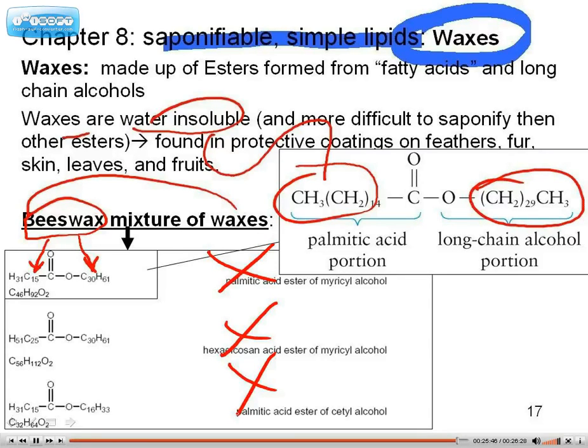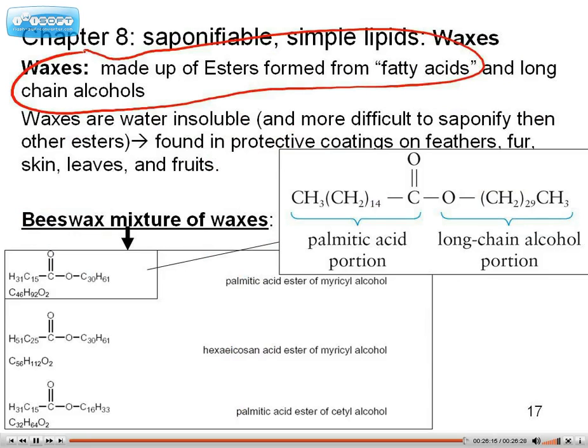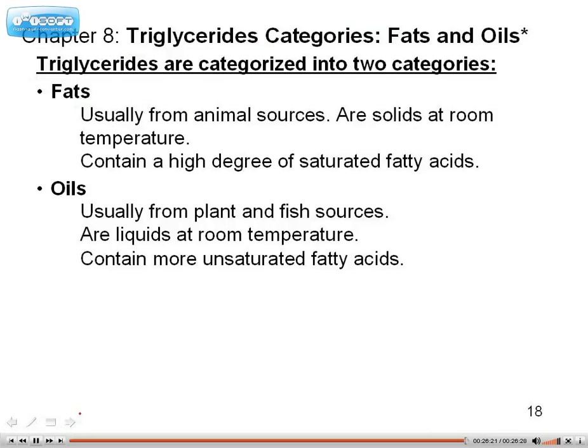You are responsible for generating a very crude wax. I could say sketch any wax, in which case you make these really long hydrocarbons on each side of the ester, and that's good enough for me. Also know the general definition of a wax. So memorize the definition and general purpose. But I'm not going to ask you to memorize any of these actual names. Let's go ahead and move on. Make sure you memorize these two categories of